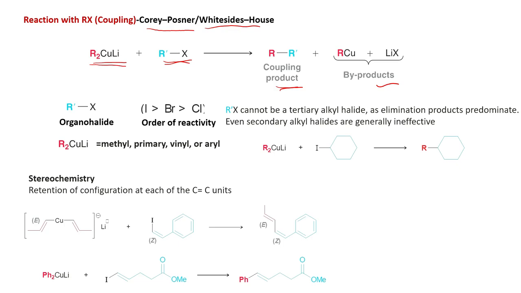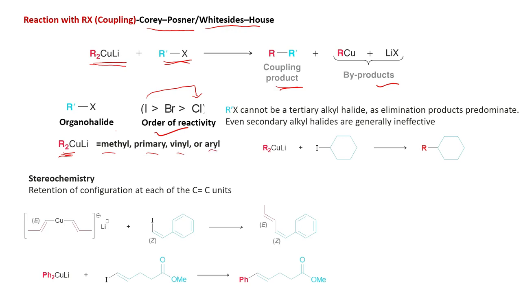The order of reactivity of halides is the same. Iodine is much more reactive compared to bromine and chlorine, and your R2 group can be methyl, primary,